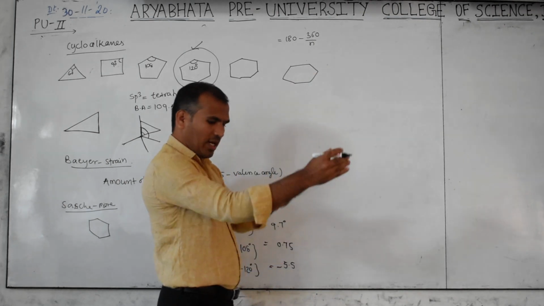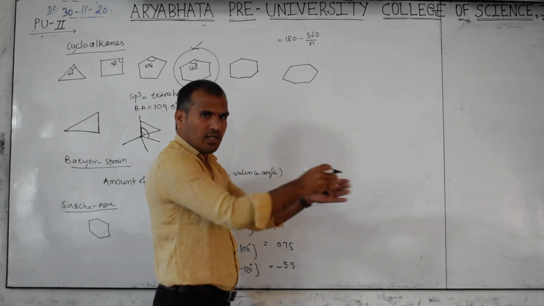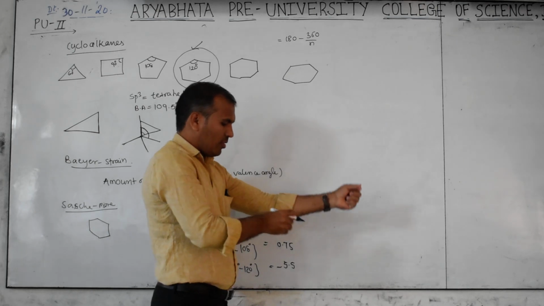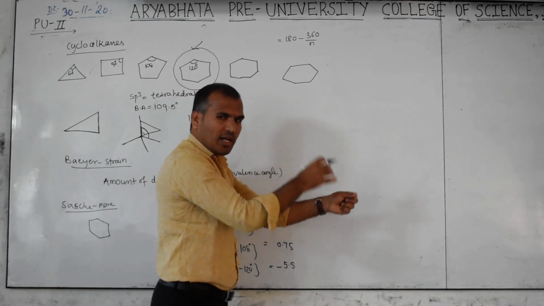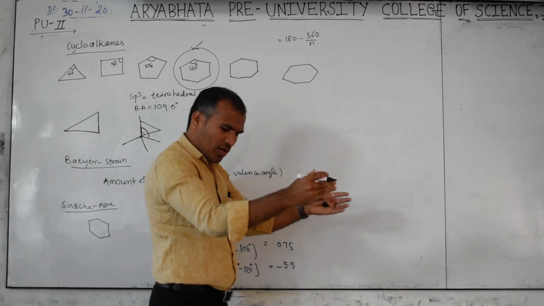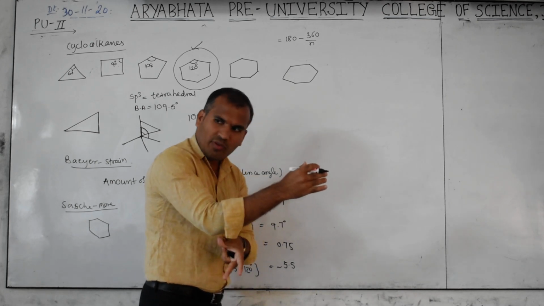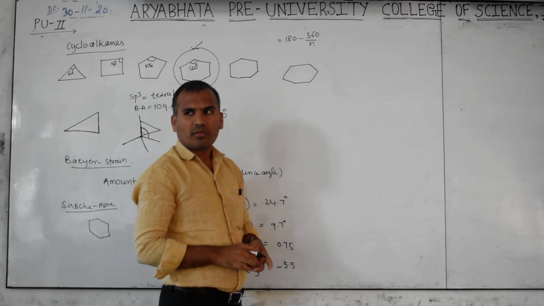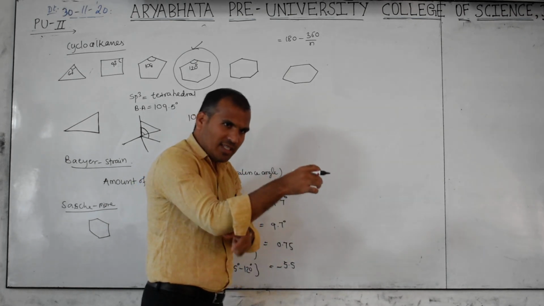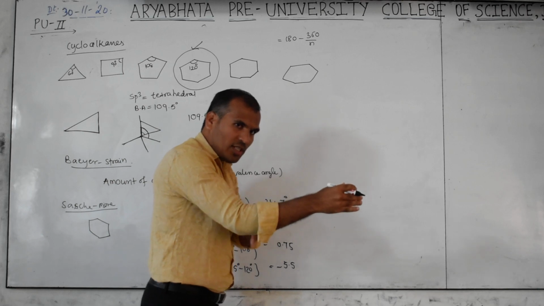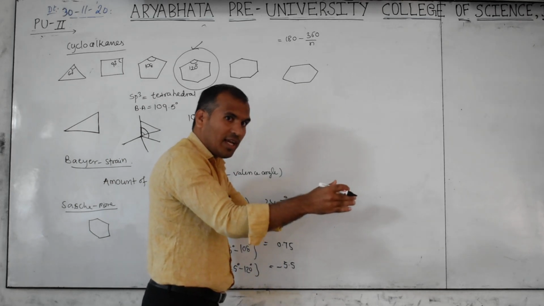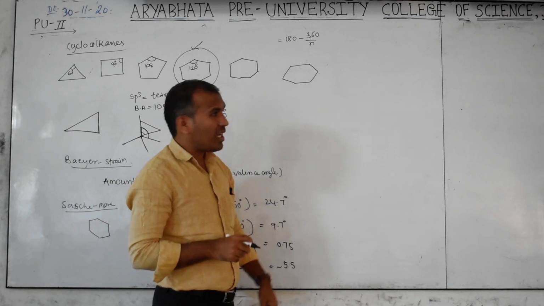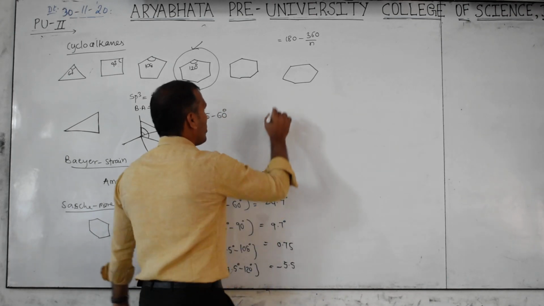Got the point? So at this corner, consider one hydrogen up and one down, for example. So this hydrogen means one bond. One bond means how many electrons? Two electrons. So these are eclipsed now. See, it is down and here down, and these are eclipsed. Eclipsed means torsional strain will be present. Therefore, this is unstable. If I show it here, you will be confused.